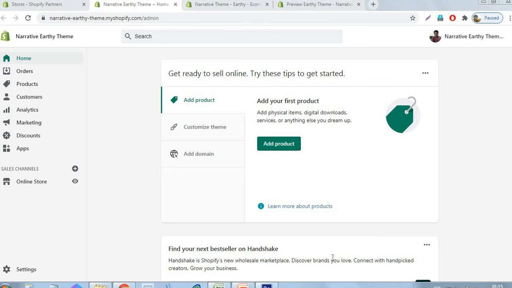Hello everyone. If you decided to create an online store, Shopify is the best one because Shopify has a lot of advantages over any other online platforms. We can easily set up the Shopify store and add multiple apps to upgrade a lot of features. Shopify is a self-hosted platform, so we don't worry about any security issues or speed or anything.